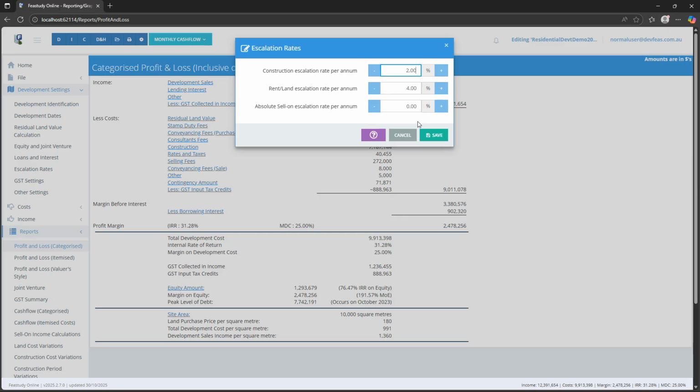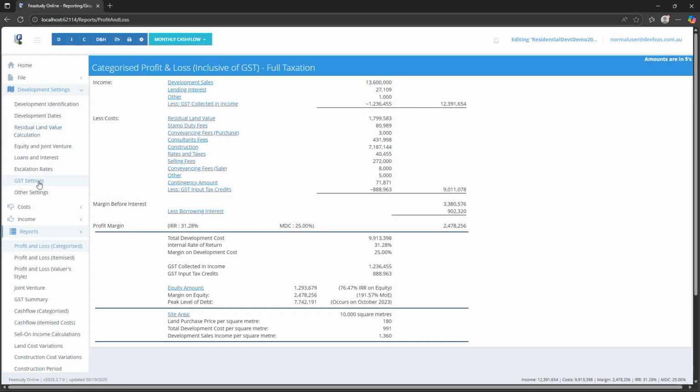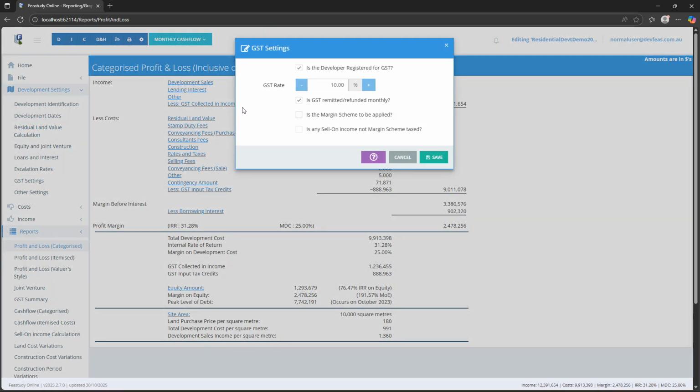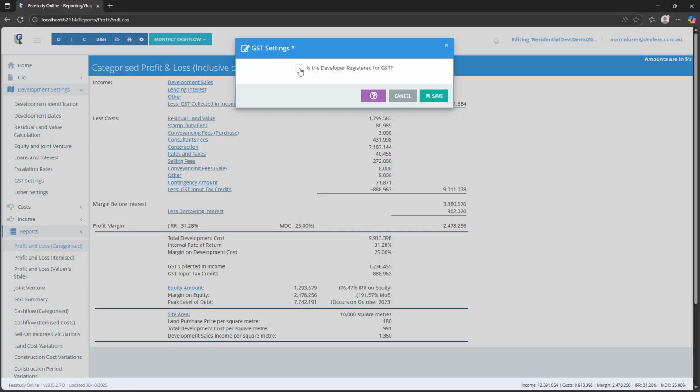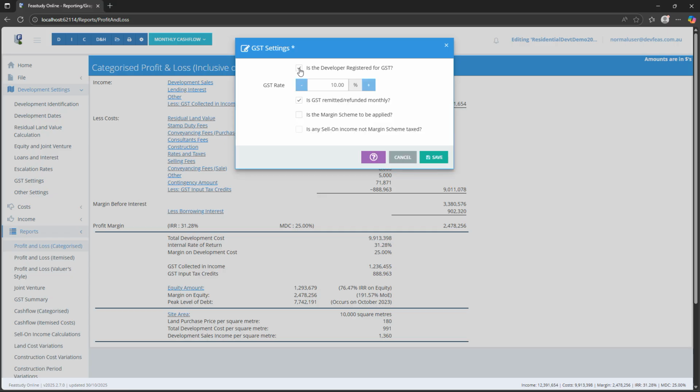When these rates are greater than zero, relevant variables entered elsewhere in the application are escalated using the development reference date as the base month. We will now move on to the GST settings window. In this window, we can enter GST data such as whether the developer is registered for GST, the GST rate, whether GST is remitted or refunded monthly or quarterly, and whether the margin scheme applies to none, some, or all